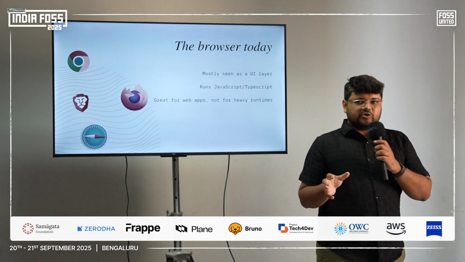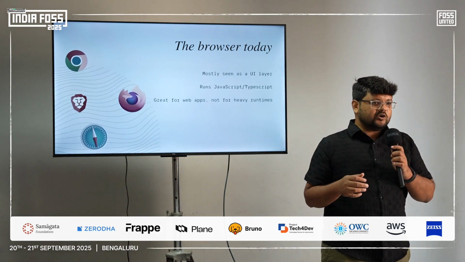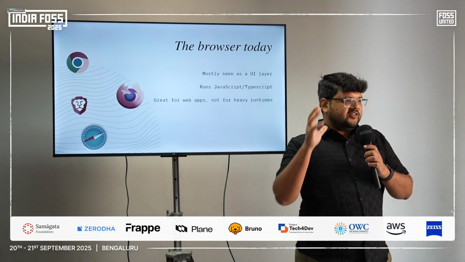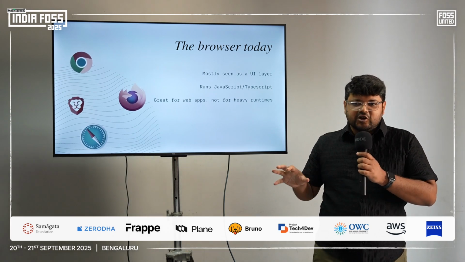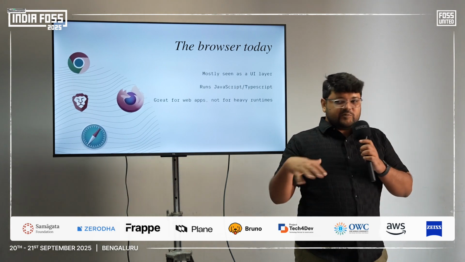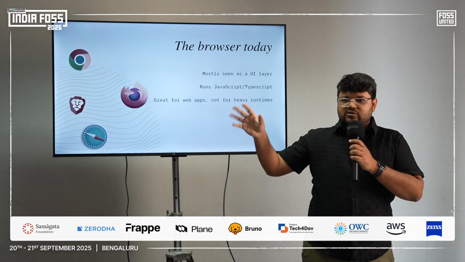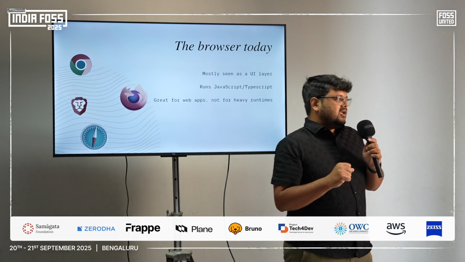If you think of the browser today, mostly what you would see is that you want to run some client-side software, and that is what is mapped in our heads, right? If you have to do anything on the browser, you write some JavaScript, some HTML, and that will run on the browser. From there, you can connect it via APIs, and then your backend can be sort of anything. It can be Python, Rust, Go, C, Ruby, whatever.